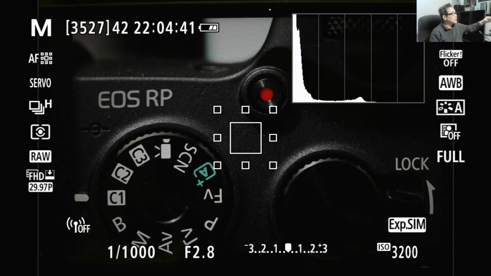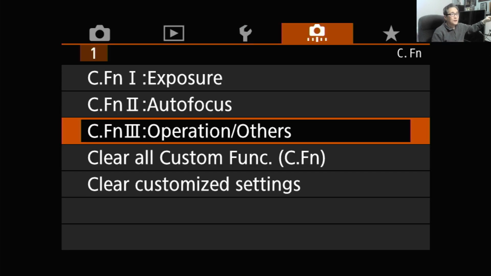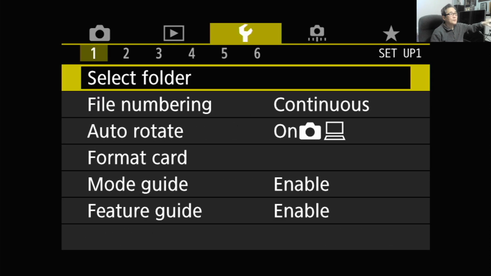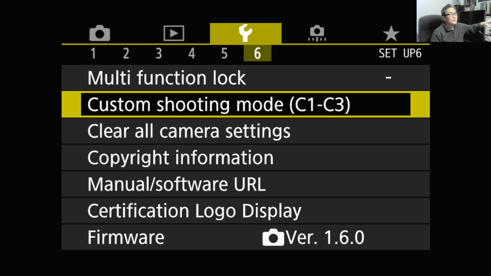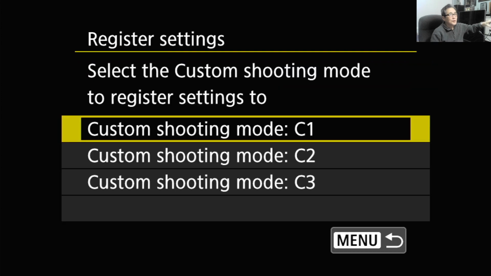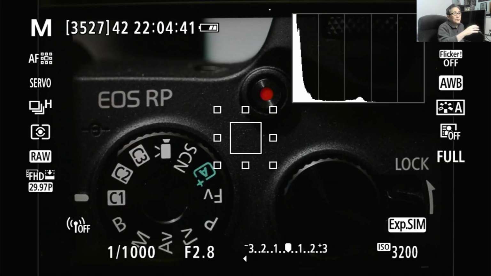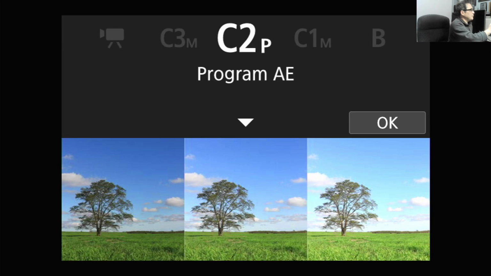Okay, so now I'm going to register this again. Go to the yellow, number 6. Okay, I'm going to register, and this time to C1. Okay, so let's go back to C3, for example, because remember C3 was the original,